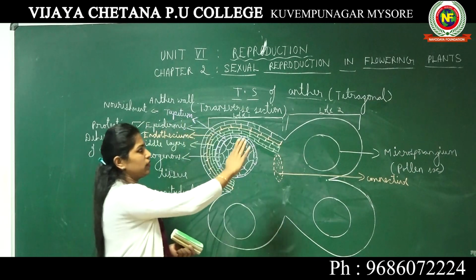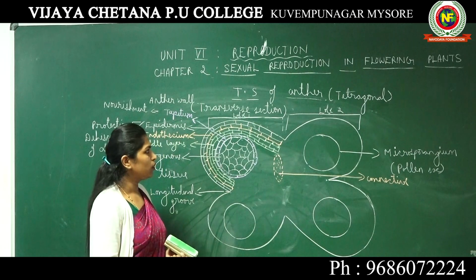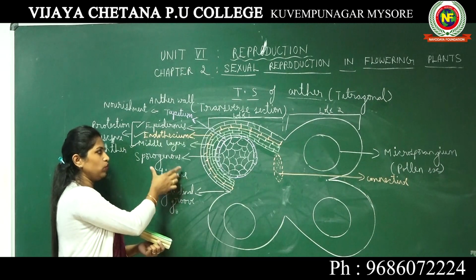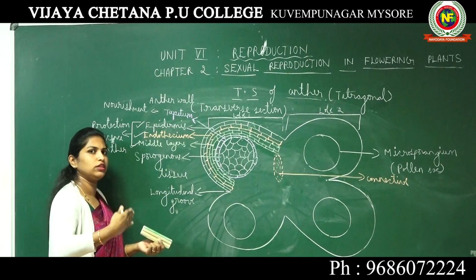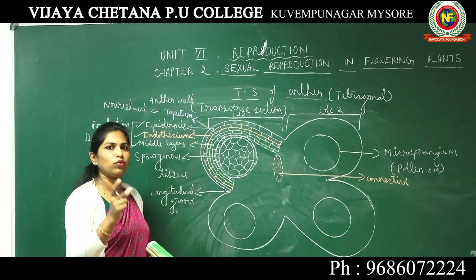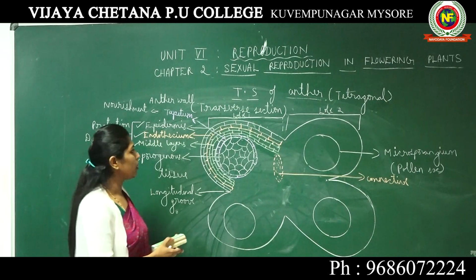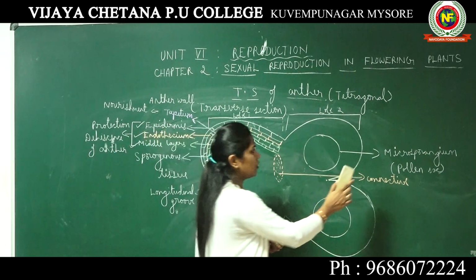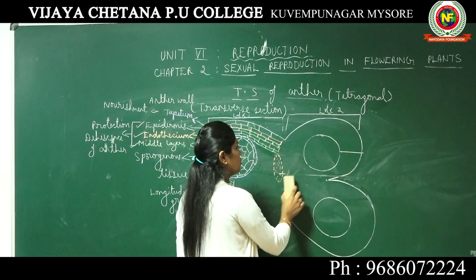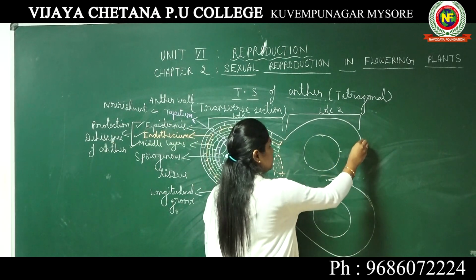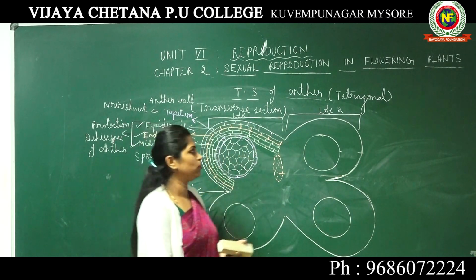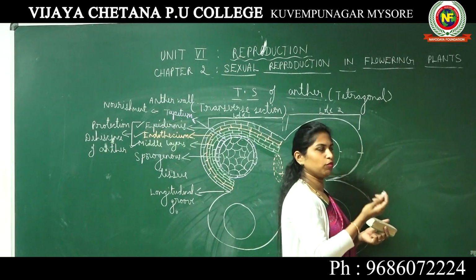This is the structure of anther in detail. Now, the next topic we will be studying: I have already mentioned sporogenous tissue, they develop into microspores which in turn develop into pollen grains. Let's study another simple topic called as microsporogenesis. Now, with the same picture, I am erasing these labelings. With the same picture, I can explain you the process called as microsporogenesis, which is going to be our next topic.